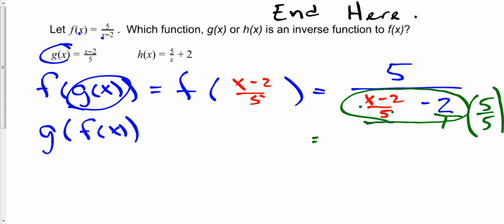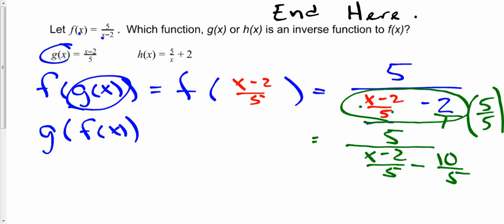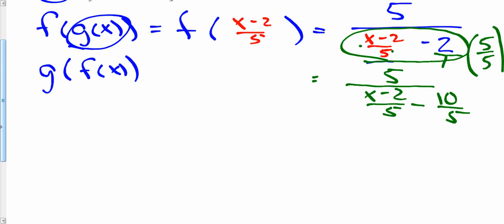I'm going to write the whole thing down now. X minus 2 over 5 minus 10 over 5. Now can I simplify this? I can simplify the numerator now. Equals 5 over x minus 2 minus 10